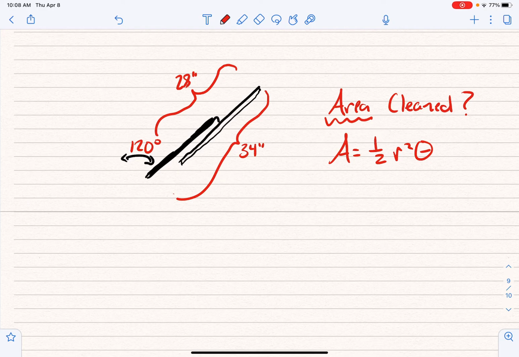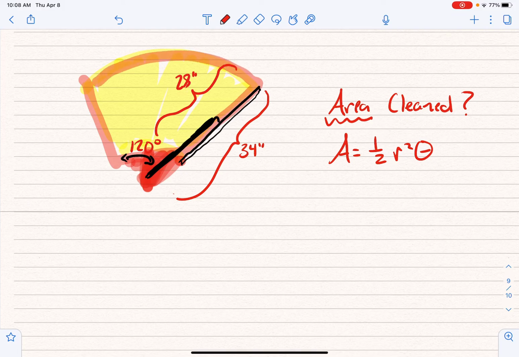All right, here's the important thing to realize that a lot of people don't realize. As you're looking at this, it's cleaning this section right here. Okay, and so it's missing this section down here. Okay, that section is not getting cleaned. And so to figure out just this yellow section right here, what I have to do is figure out the area of the whole thing and then subtract the area that's missing. Okay, and so the area has got to be equal to